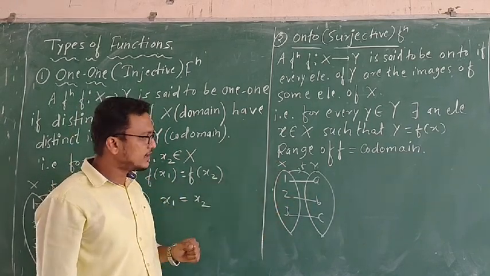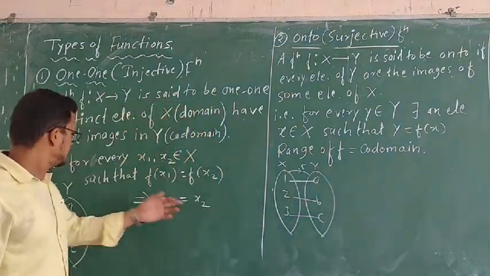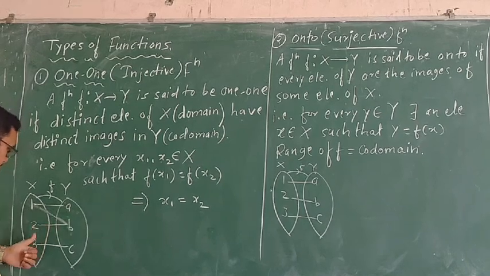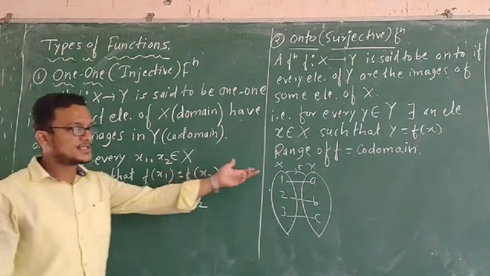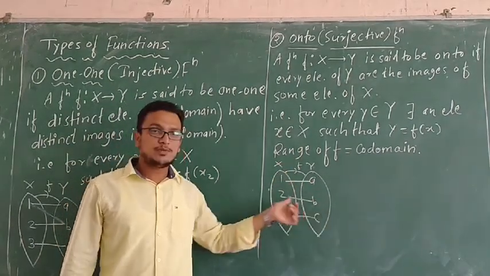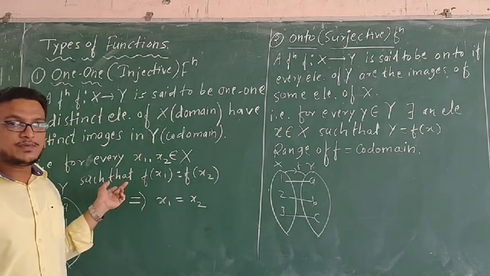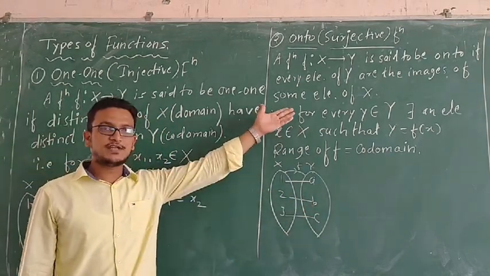Now you are thinking that maybe the same arrow diagram I have drawn here also. Okay, so see here, 1 images a, 2 images b, 3 images c. But here I have just said reversely, a is the image of 1, b is the image of 2, c is the image of 3. Both give the same meaning. Okay, but this is the onto also. This is onto because it satisfies the definition.